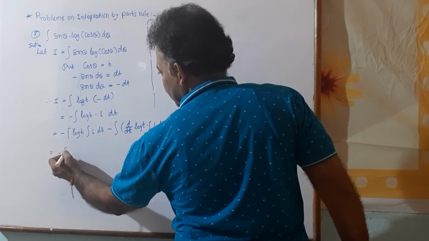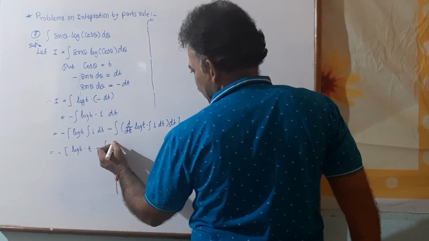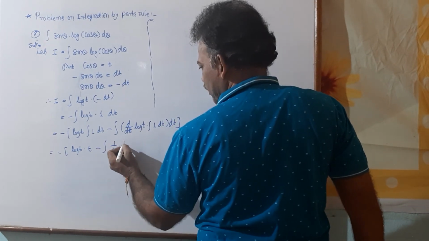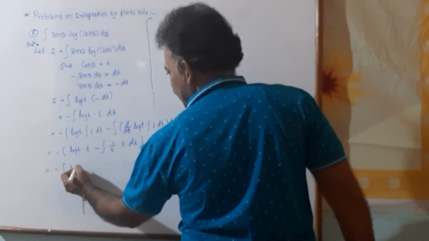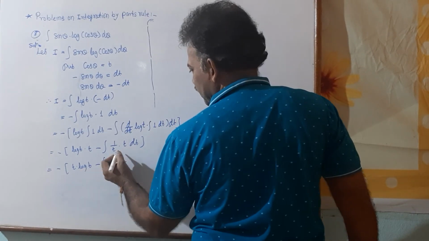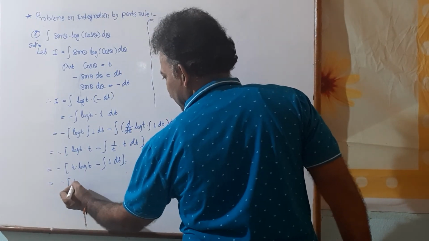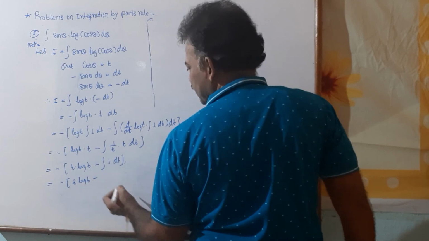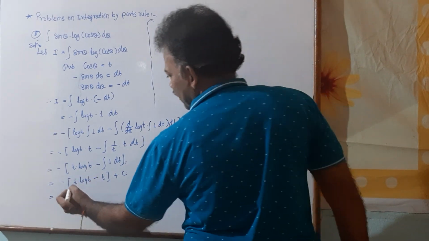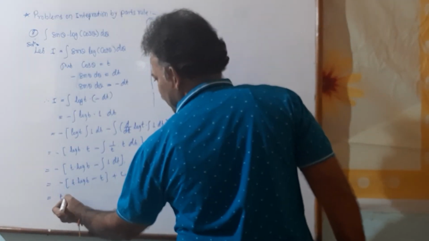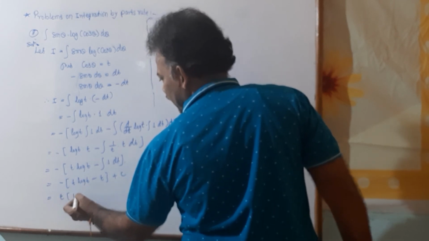So it is equal to minus sign, in bracket log t, the integral of 1 dt is t, minus the integral of the derivative of log t, 1 upon t, times the integral of 1 dt, t, dt. So it is equal to minus, in bracket t into log t minus the integral where t cancels, 1 dt. So it is equal to minus, in bracket t log t minus the integral of 1 dt, which means t, and write plus c. Take t common and multiply by the minus sign here. t is common in bracket, minus minus gives plus, that is 1 minus log t.